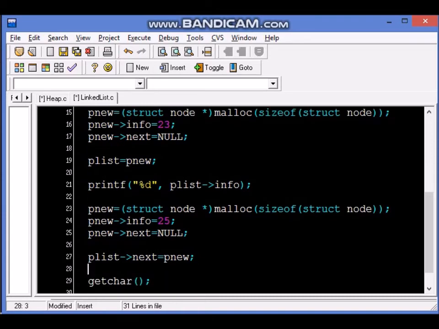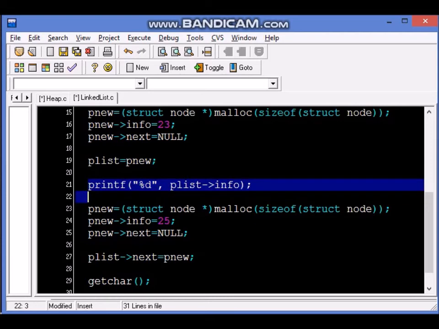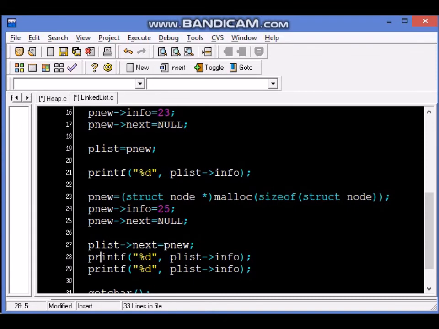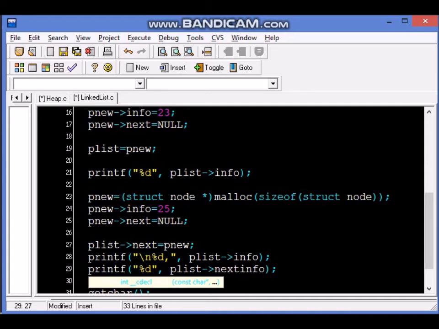So let us see what the output comes, but to see the output we need to have a printf. So this time I will print twice. Control C, Control V, Control V. I'll put a new line in the beginning and a comma. First time I'll do plist info. The second time I will say plist next arrow info.